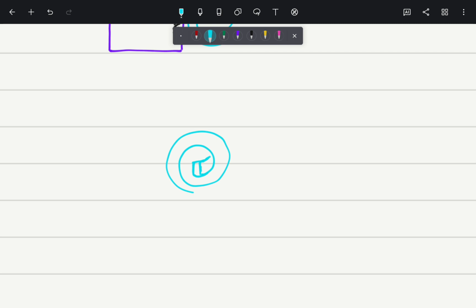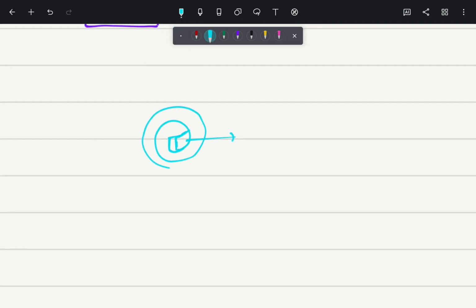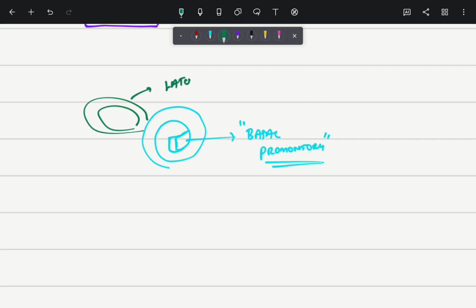So this is the inner ear, and as you can see here, the inner ear has a base. This inner ear is called your cochlea, and this cochlea usually has a base, which is called your basal promontory. Once again, the cochlea has a base called the basal promontory. And not only that, the cochlea has some canals, and these canals are called your lateral